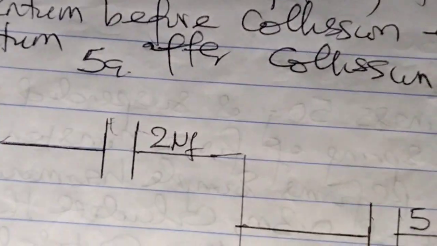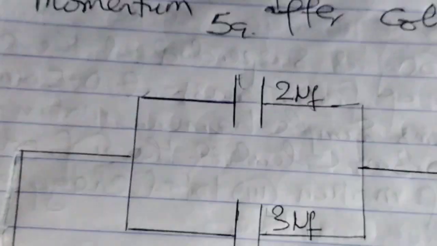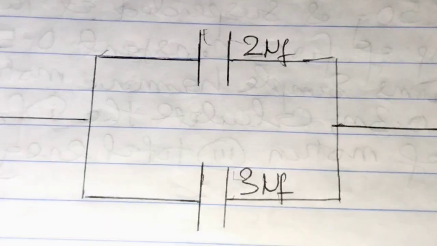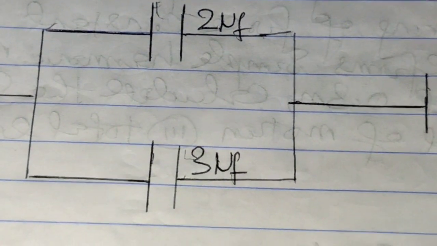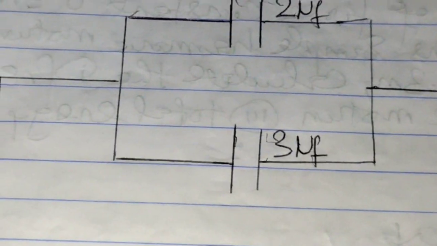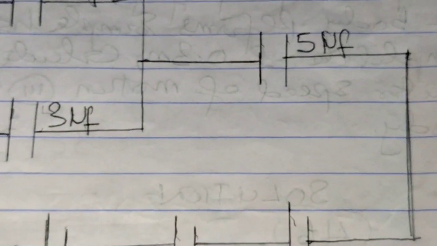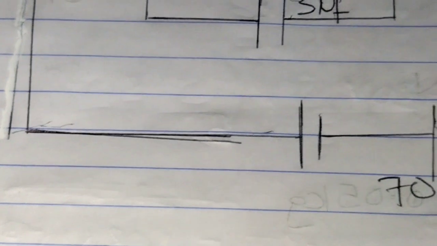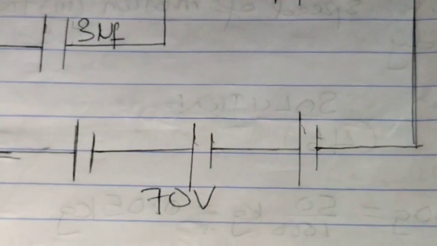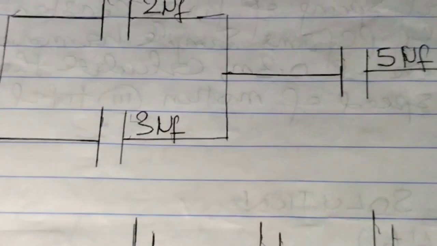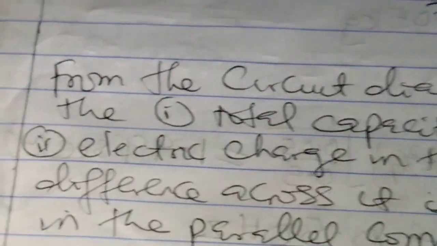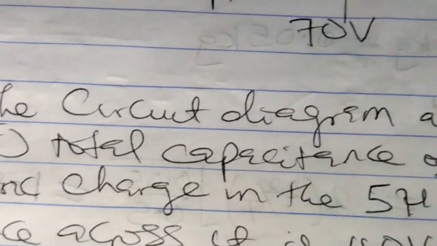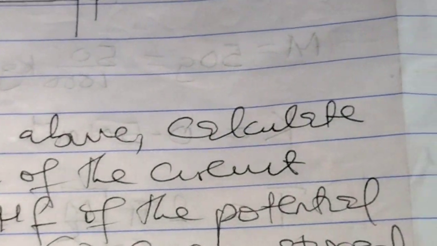We'll now go to number 5A. We're given a diagram of two capacitors in parallel, 2 microfarad and 3 microfarad, connected to another one in series, 5 microfarad, and then a PD of 70 volts is applied across the combination of capacitors. And then we are told, from the circuit diagram above, calculate: